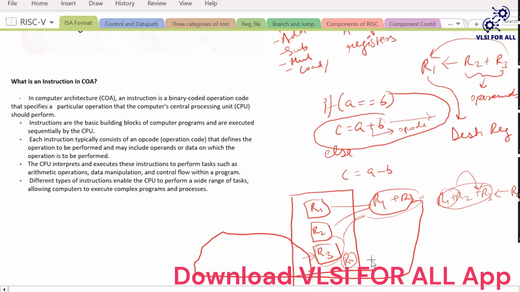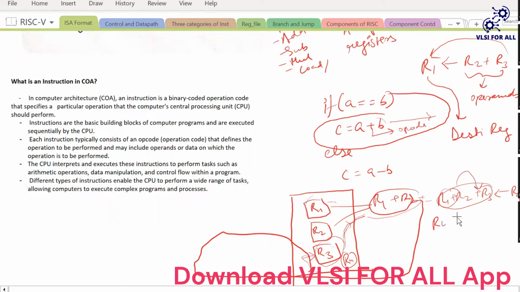Because what happens, the half idea which I have is, see, when R1 and R2 get calculated, it gets stored in R3. The same R3 is a register, right? We can use the data of R3 in our next instruction, right? So it gets added to R1 and R2 in the next instruction. But where does it get stored? That I think